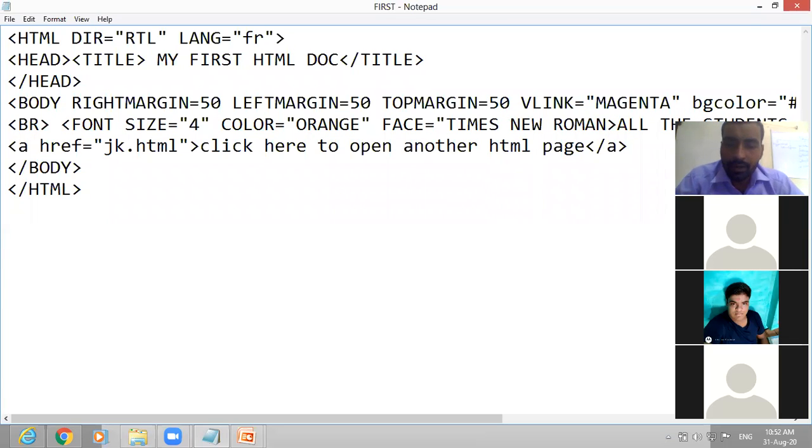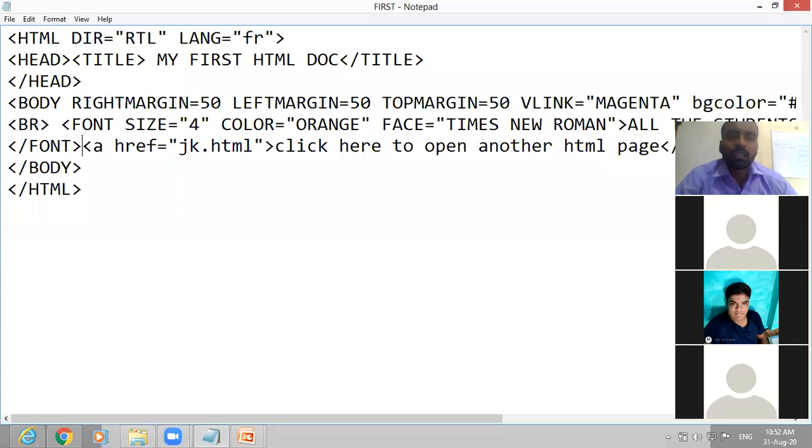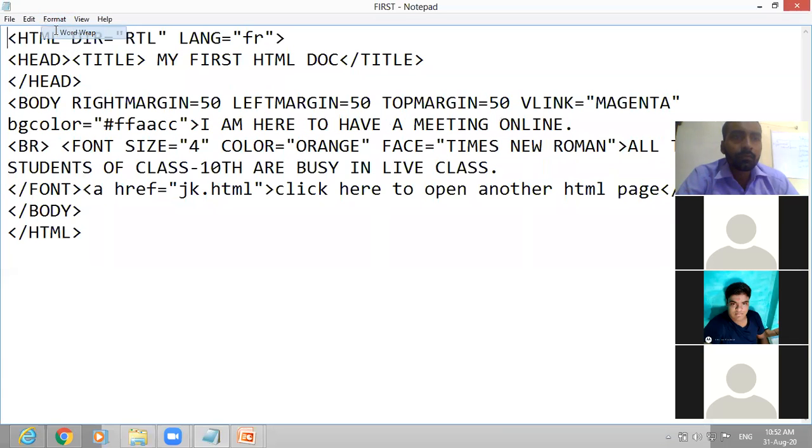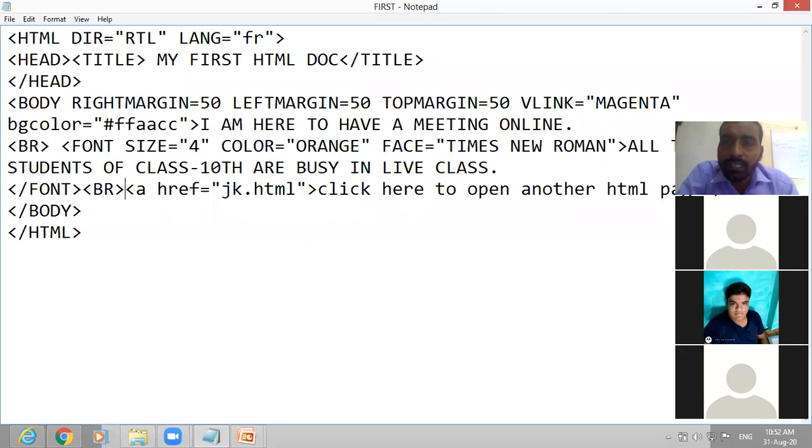Now close the font tag. Font tag is closed. Let us include the BR tag also. BR tag stands for break the line. So save it and now refresh the web page.